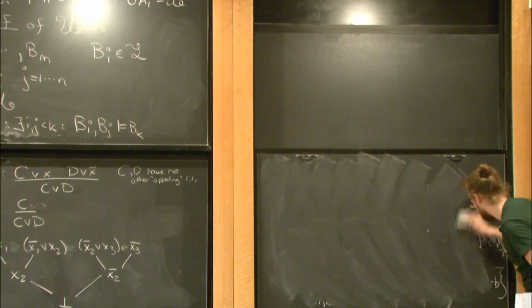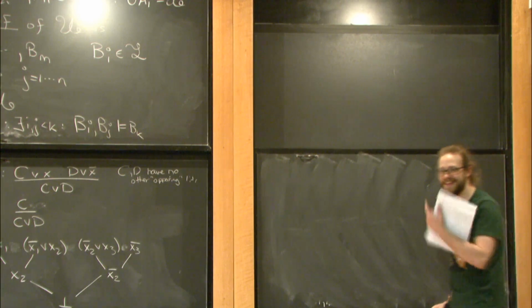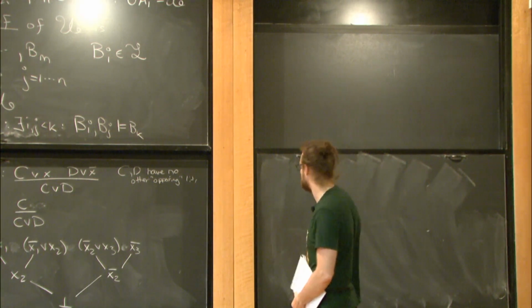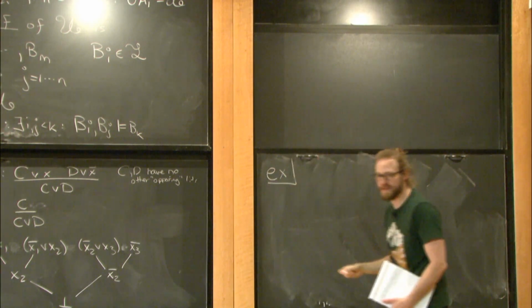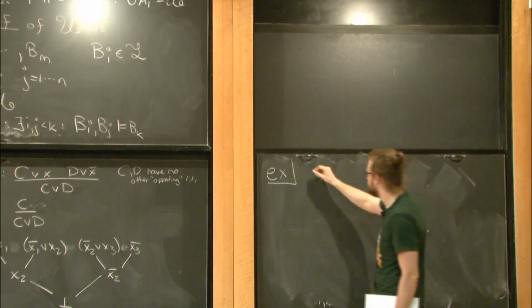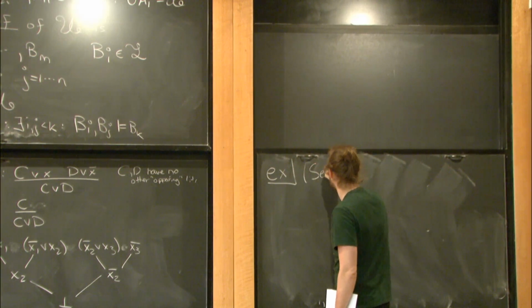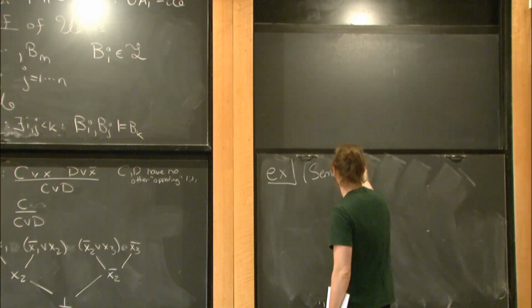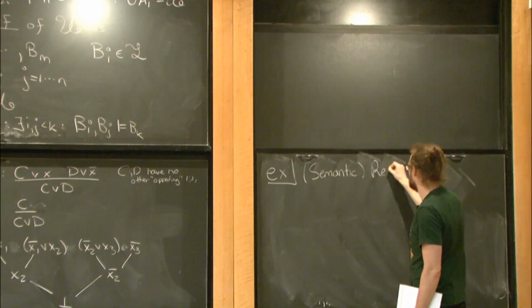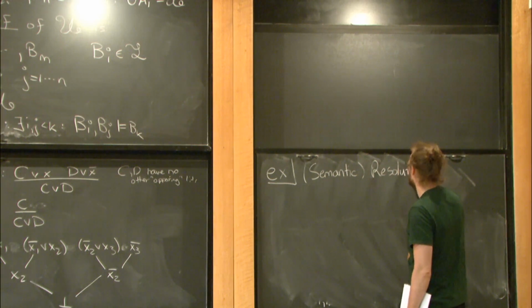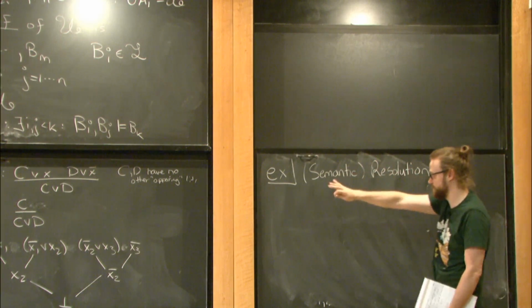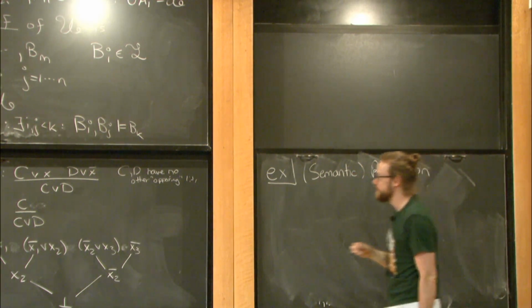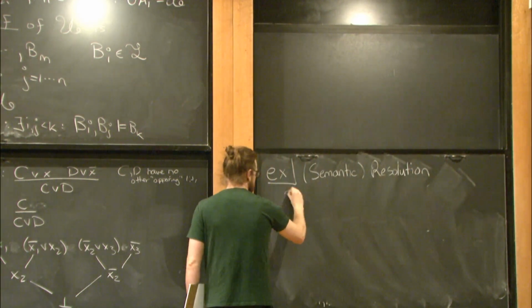So this is a very, very general definition of what a proof system could possibly be. So let me give some examples first. As I argued a second ago, semantic resolution, which it turns out is just the same as regular resolution, is going to correspond to the case where the universe